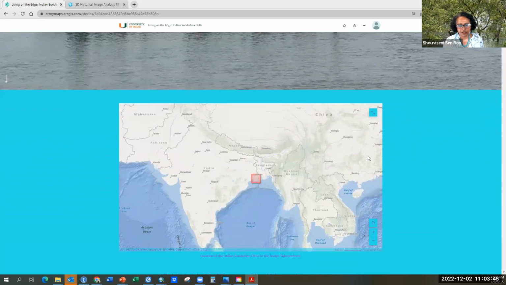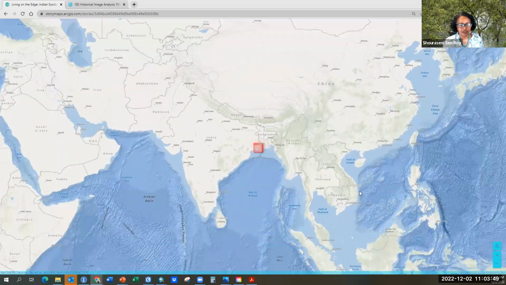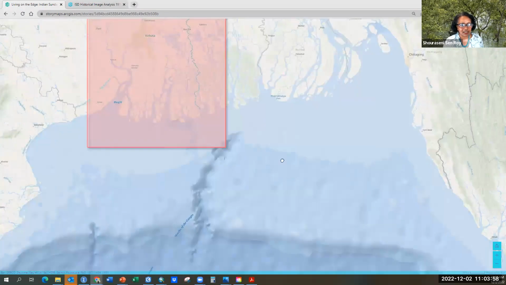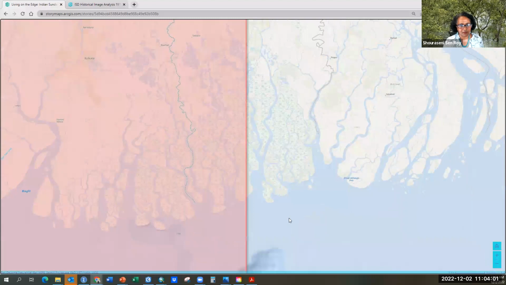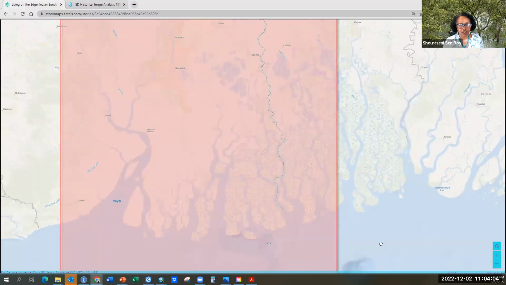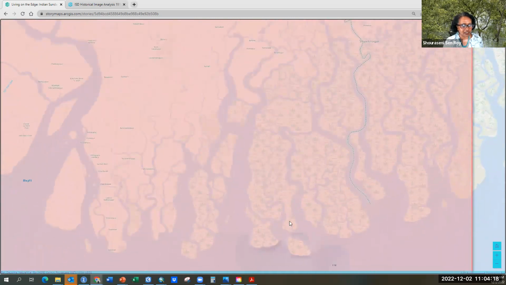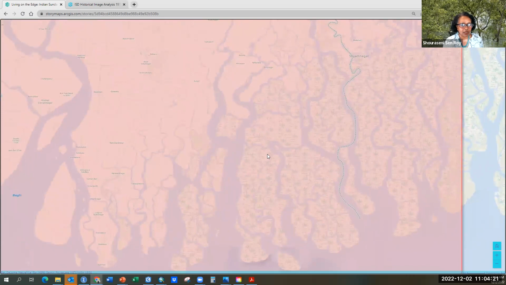So let me first introduce you to my study area, which is the Indian Sundarban Delta. The Sundarbans are located on the border of India and Bangladesh. It's a region consisting of more than 1,000 islands, the majority of which are in Bangladesh. The region I will be talking about is the Indian part of the Sundarbans. As you can see in this map, it consists of multiple small islands consisting of intertidal waves. This delta has been formed by 2 major rivers, the river Ganges and the river Brahmaputra, and all its distributaries.